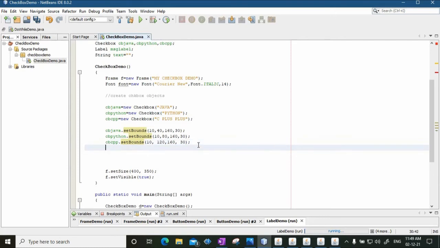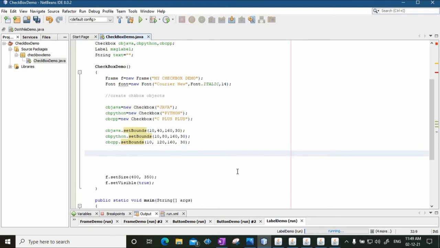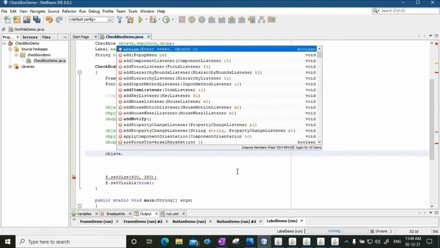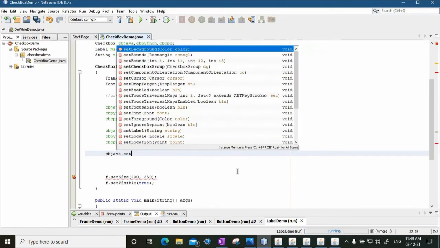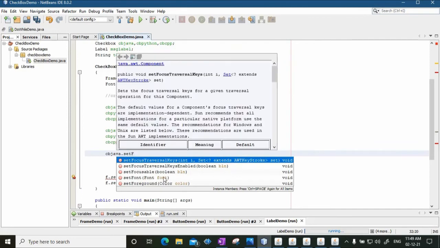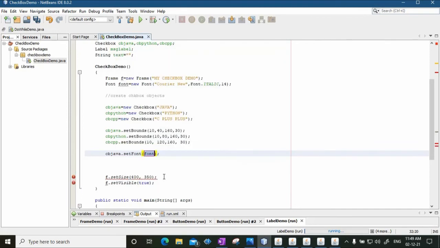Whenever these checkboxes are displayed, Java, Python and C++ will be printed beside them. So we have already defined a font, and we can also set fonts for these checkbox text values. I'll say cbJava.setFont, and the name of the font that we have is font only.